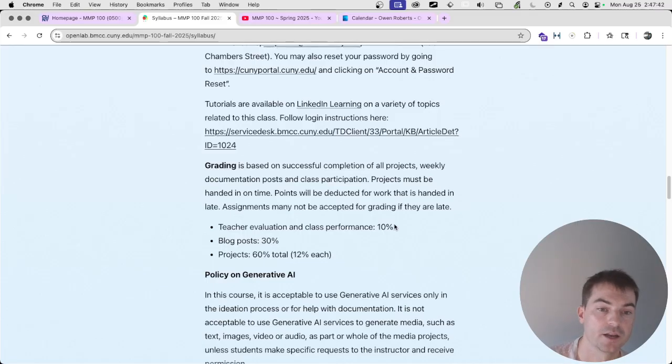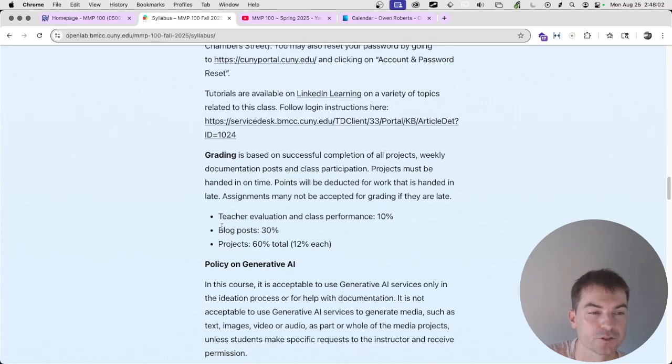If you don't comment on other students' work and you don't give feedback, then you'll lose some points there. If you never submit anything and don't show up for class, you'll lose some points there. Beyond that, if you turn in the assignments on time and you give feedback to your classmates, you'll be fine there. Blog posts are 30%.